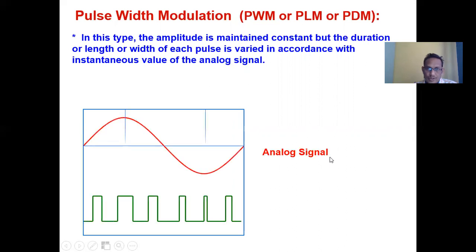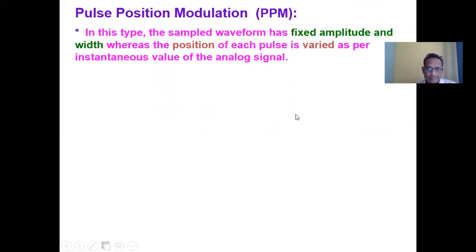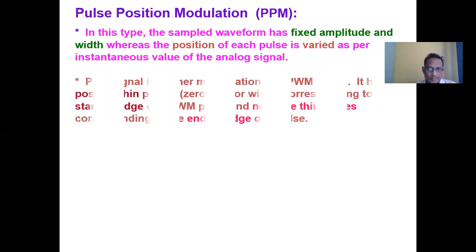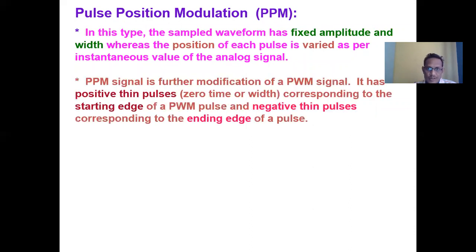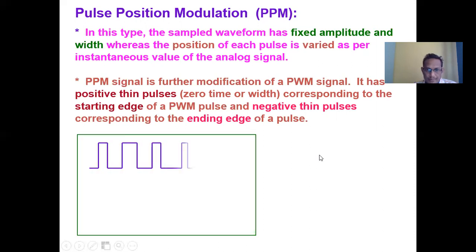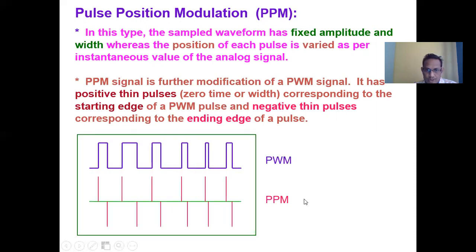So these are some definitions with respect to pulse width modulation, pulse position modulation, and the remaining one. We already defined all the three parameters. Pulse position modulation, we already defined: the position of each pulse is varied according to the amplitude of your modulating signal. So this is called pulse width modulation. This is called the pulse position modulation. So this width will get shifted according to the amplitude of your modulating signal.